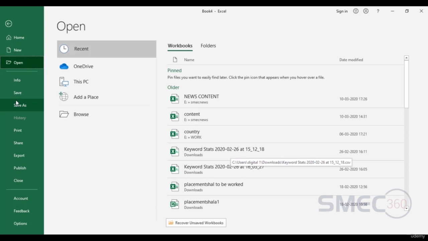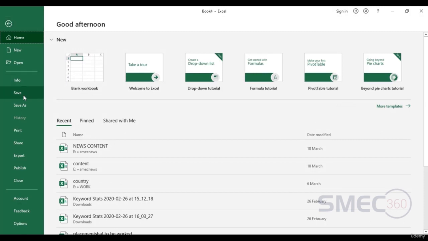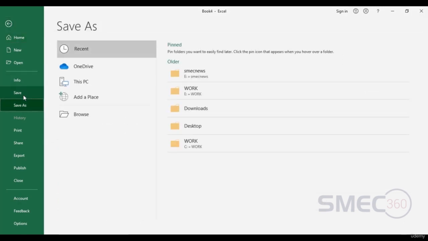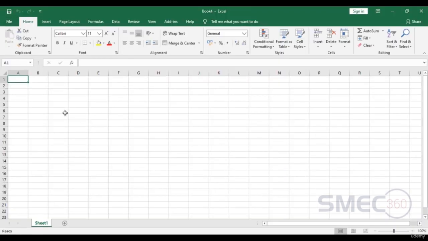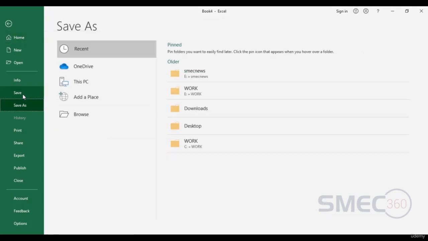Now next is save option. We can go to file, we can click save option. When we click this save option, what happens is this file will get saved. First time when you save it, you have to give a particular name to it. File, save,